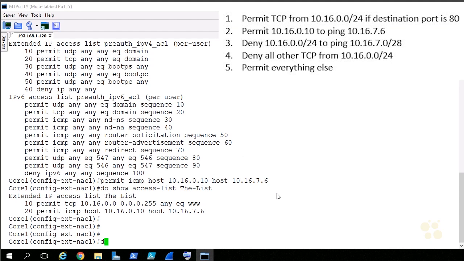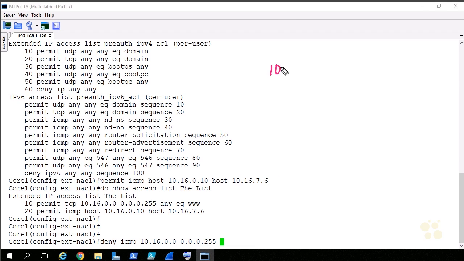So back at the CLI, we'll do a deny, and we'll do ICMP, which will cover ping, and we need to specify the source, which is VLAN 10, which is 10.16.0.0. It's a 24-bit network, so our wildcard mask would be this. And then the destination is that Metro Ethernet network. So the Metro Ethernet network is 10.16.7.0 with a 28-bit mask. So what would be the network? Well, we'd put here